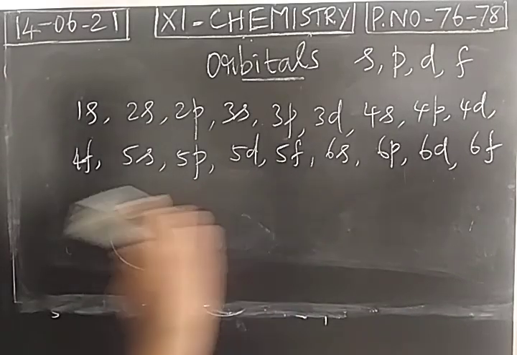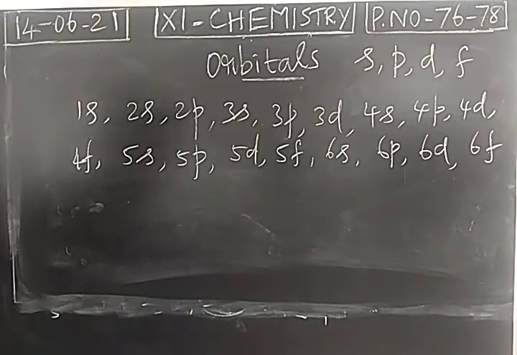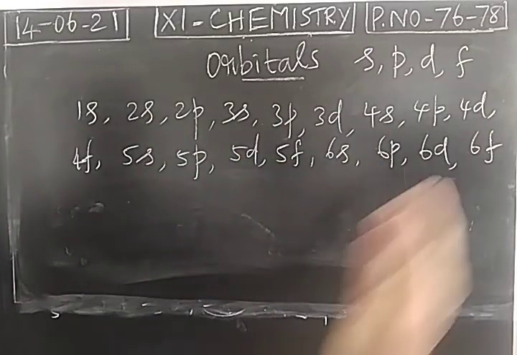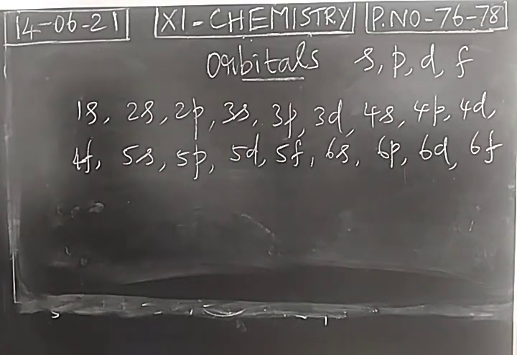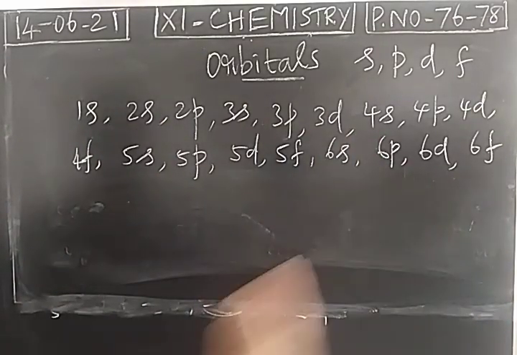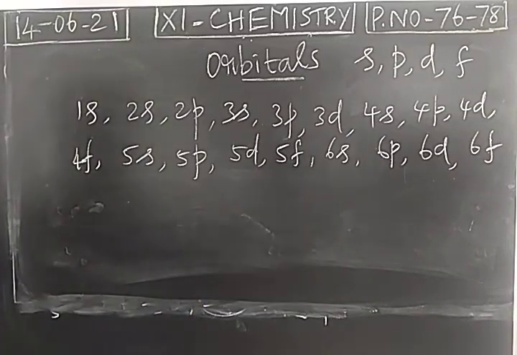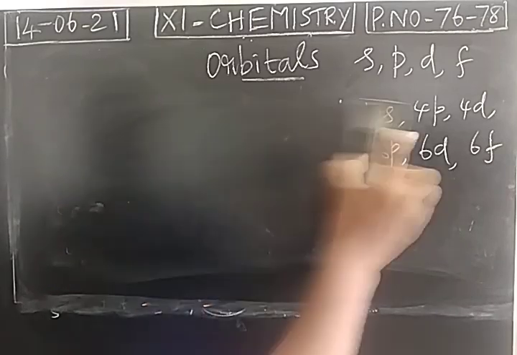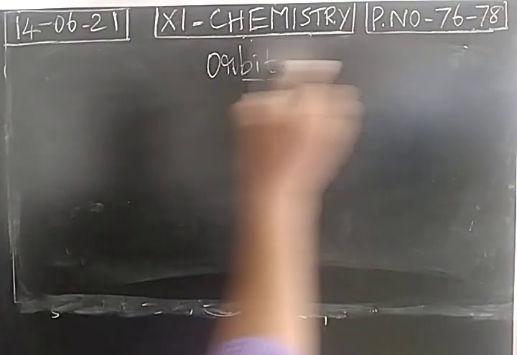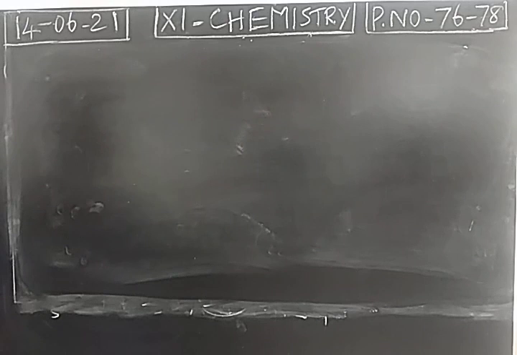So we have to find the order of energy. So gradually energy increases. At the same time, there are some exceptions. We expect the increase of energy from 1s orbital, but there are some exceptions. So we have to know what is the correct order of energy of orbitals. For that, we have a principle called Aufbau principle, and we will discuss it later.